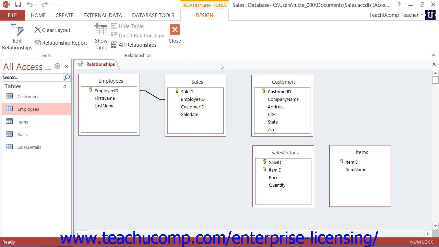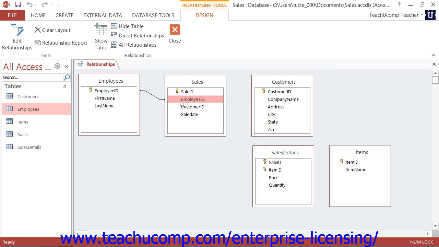It ensures that every unique value within the related field in the child table, or the many table within a one-to-many join, has a corresponding value to which it is related in its parent table, or the one table in a one-to-many join. This ensures that when you delete a record within the parent table, all of the related records within the child table aren't orphaned or without a reference to a record in the parent table. This also prevents you from having meaningless data within your database tables, like a sale record that does not have